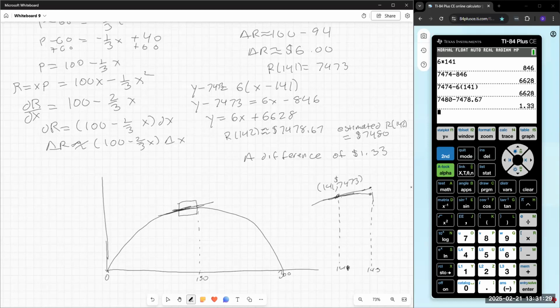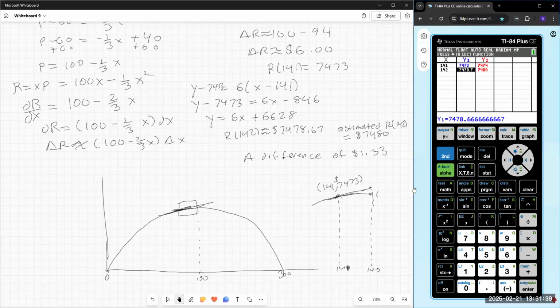And then here, the curve is going to be exactly 7478 2/3, and the approximation is 70